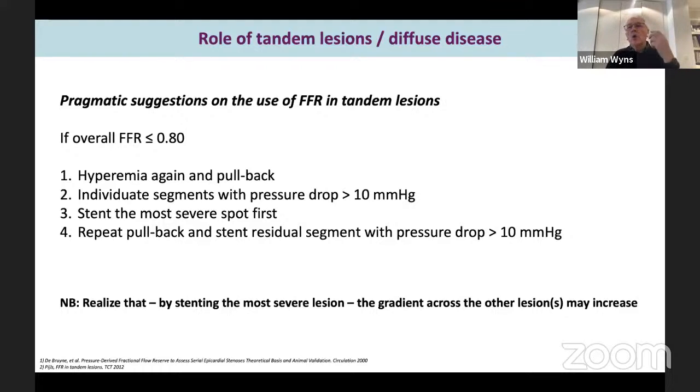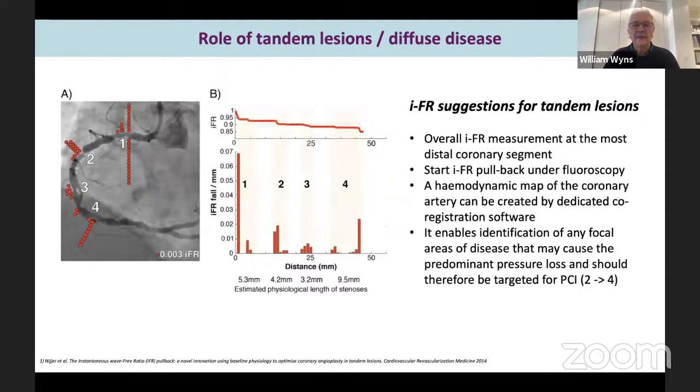Okay? Now, what we have been missing for decades is co-registration of the pressure tracing with the anatomy. And fortunately, we have that now. And it's available both for iFR and FFR. And that's very, very critically important. If you remember just one message from this, what matters is not anatomy alone, it's not physiology alone, it's both, co-registered, because then you can really identify which are the segments that don't have normal conductance and how you can fix them, if they're fixable with stents. Drugs, of course, and secondary prevention will play a role as well.